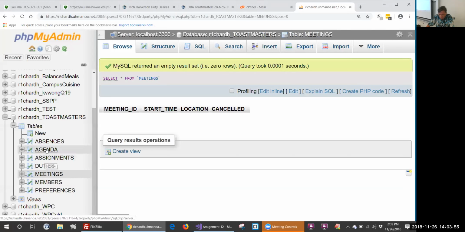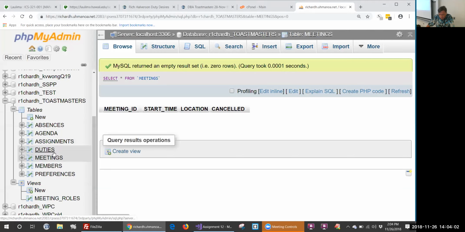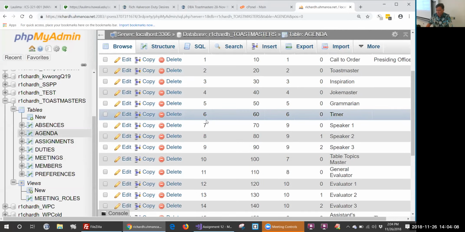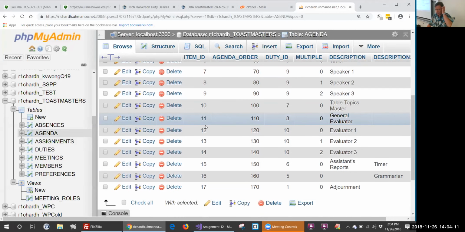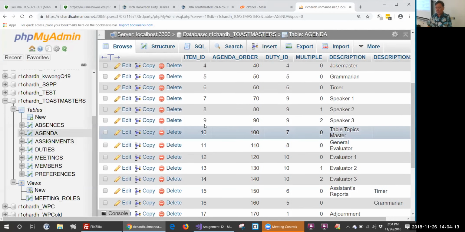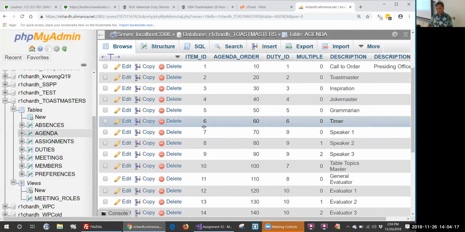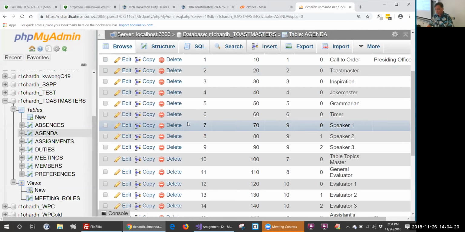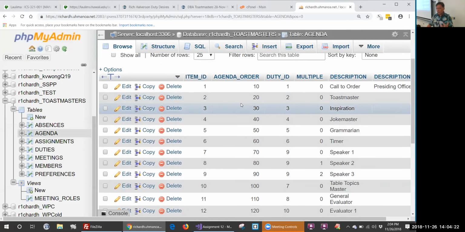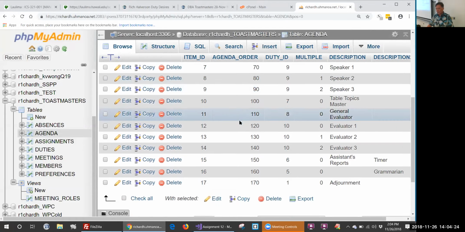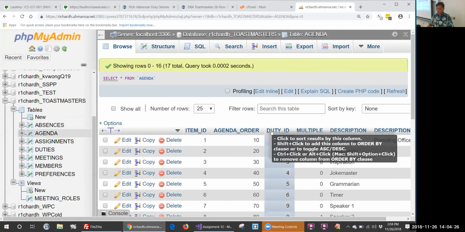And then what are these views? Okay, here's what an agenda looks like, and I think I do have an agenda here. This is like an agenda template. Okay, this is like an agenda template, and then for every meeting you go in and assign a position for each one of these